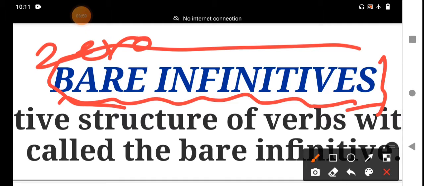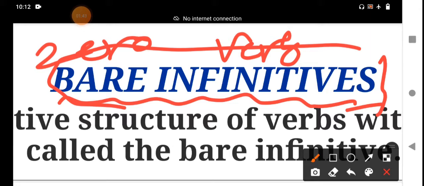What is the meaning of the infinitive? Infinitive is also a base verb, a present form verb, a root verb. That is called infinitive, which means verb. Different names are there for the verb. This verb is also known as predicate. We have already known, when we were discussing the elements of language: subject, verb, object, or complement. Verb is also called predicate.